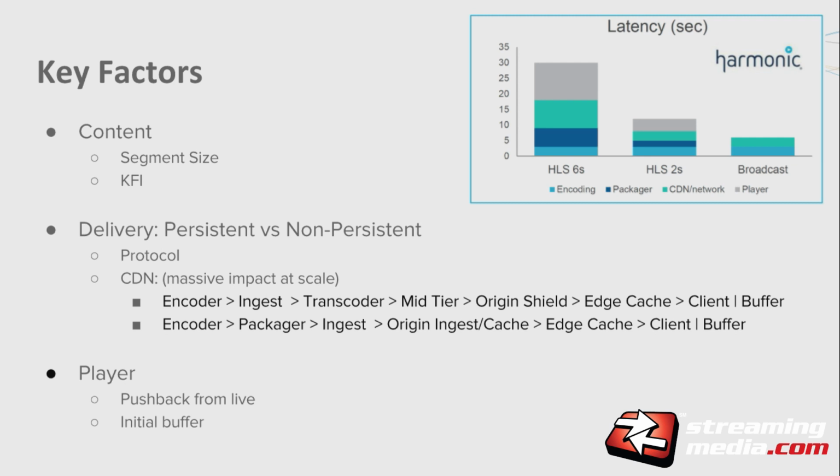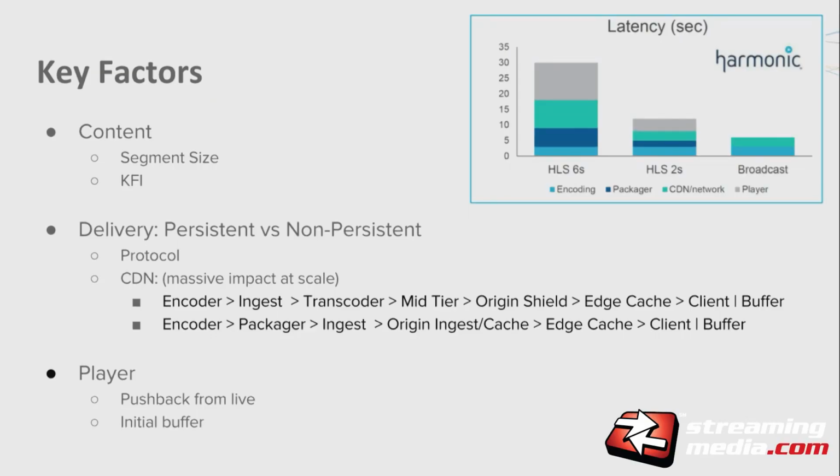So even if you decrease your segment size, which is the most common approach for low latency, at least out of the box, is, hey, drop that down to a 2-second segment size. That helps, but it doesn't solve everything. That does cut out a pretty big chunk, right? But you still have other factors in there, and even then you can actually have an increase in your CDN network issues and other stuff depending on how they're set up. So content, we can adjust that, but that isn't going to solve everything. We need to also look at this at a broader spectrum if we really want to get there. Because if we go down to a 2-second segment, okay, cool. Well, we might be able to hit close to the 15-second mark. If you're really lucky, 12 seconds, but most likely you're going to be a little bit above that. So that's one element there.